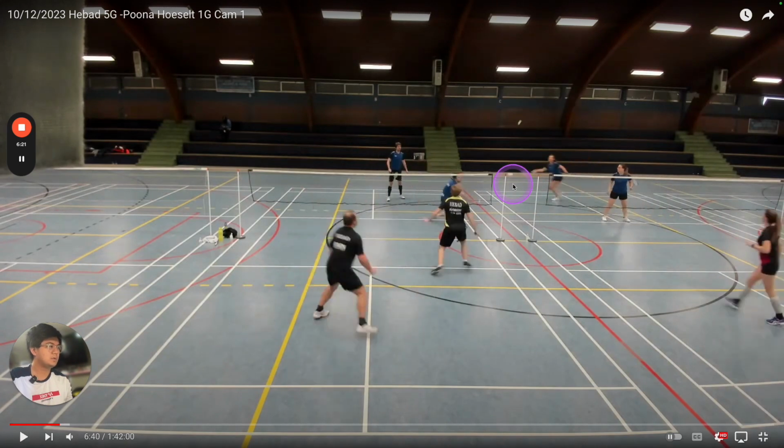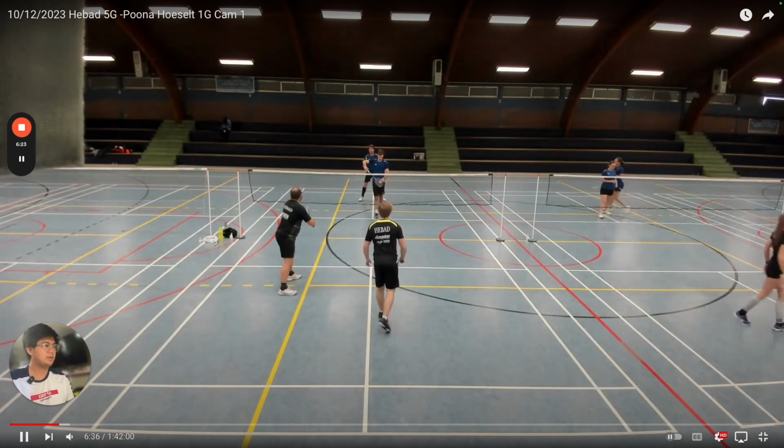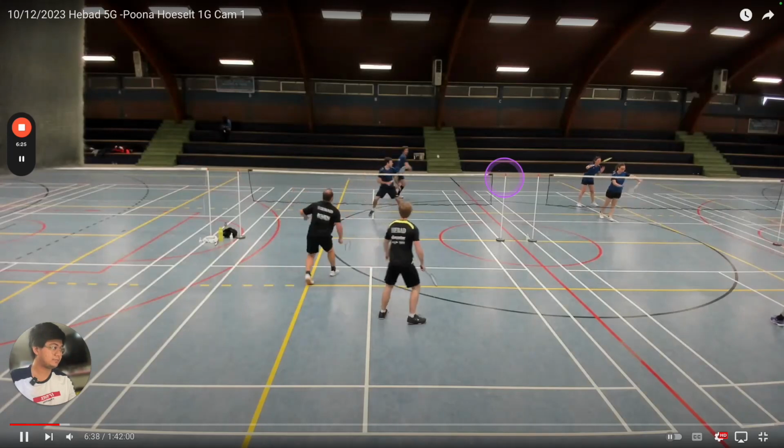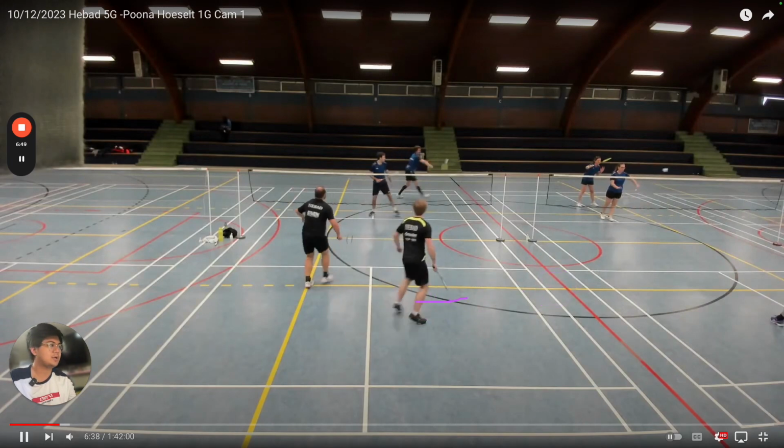So let's talk about this rally. As soon as you see that the guy has played cross, have your racket up, because now the straight drive and the straight shots are your concern. And honestly, this is something that someone could backhand drive very easily, and you having your racket like this, and also you're still quite in the center. You should have probably moved a step or two over already, just to cover that straight, right?